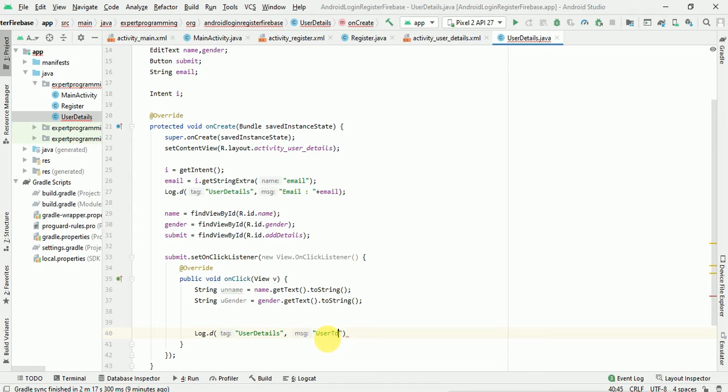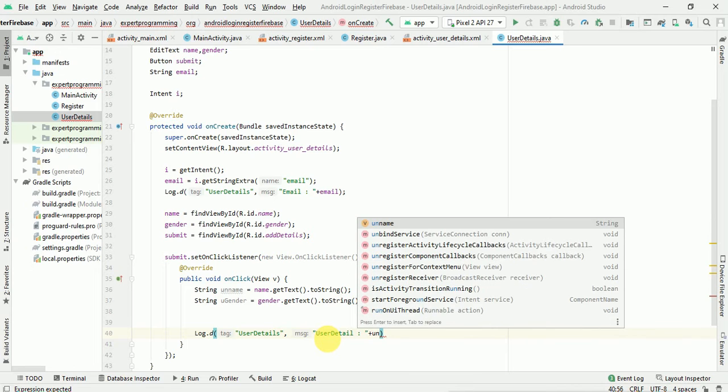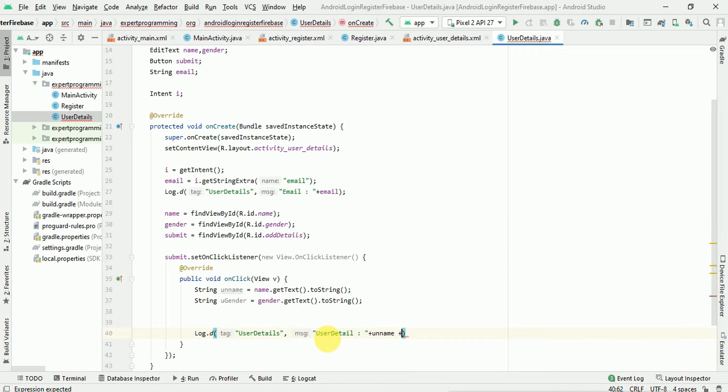User detail, let's print username I have given, let's keep it as whatever it is, and then ugender. So this part is done.